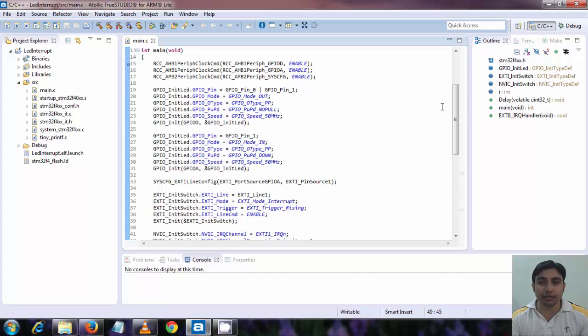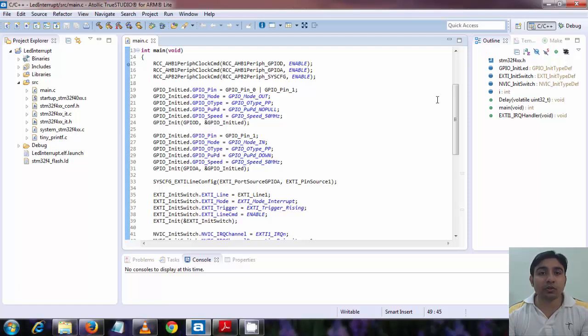Okay, in the previous tutorial, we wrote this program on how to initialize the interrupts and then executed the program on the discovery board. Now in this tutorial, we will learn about the different types of interrupts and then we'll learn what interrupt priority is. And finally, we will update this program to use interrupt priorities concepts.